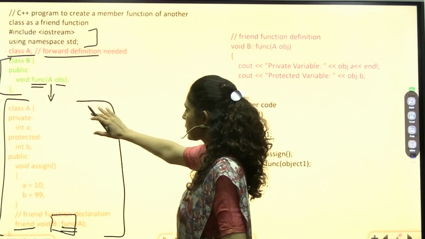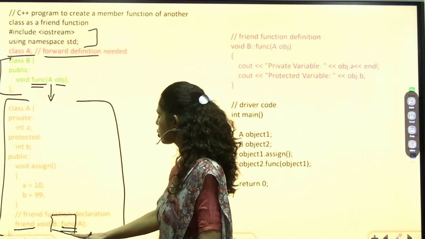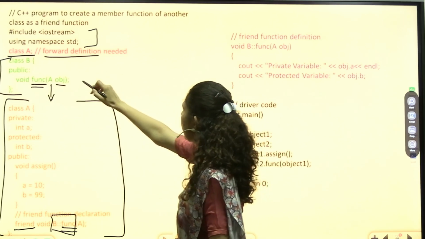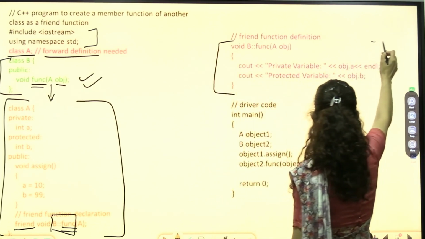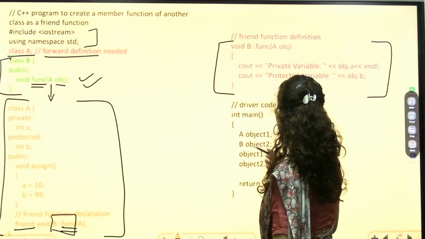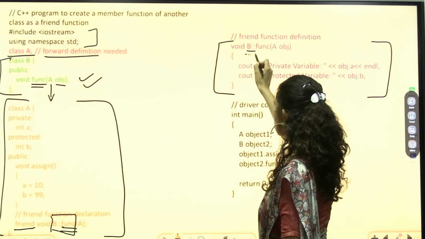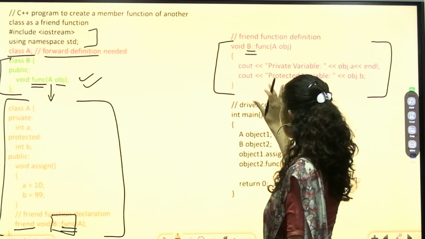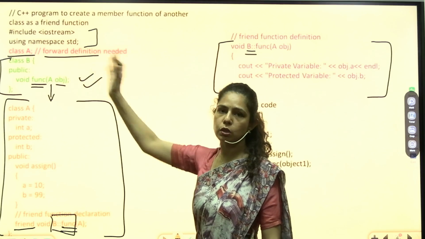Now this is our class B and this is class A, and inside class A we are using the function of class B which we have already declared here. We have declared this function here, but we are defining this function outside the class. We can do that. We have already learned it in the previous lectures. In order to do that, we just have to give the class name and scope resolution operator to give the definition of this particular function. So this is a friend function and it also belongs to some other class.